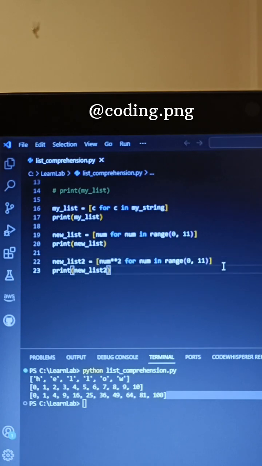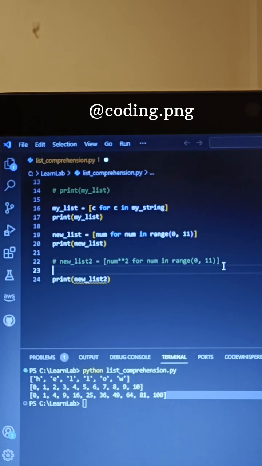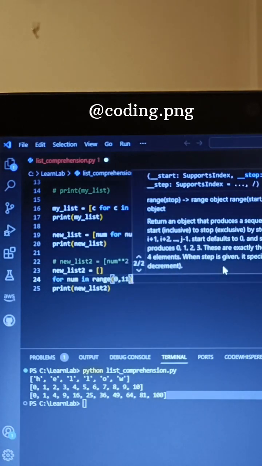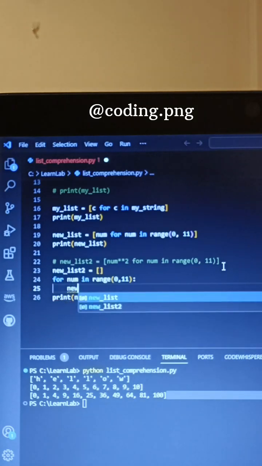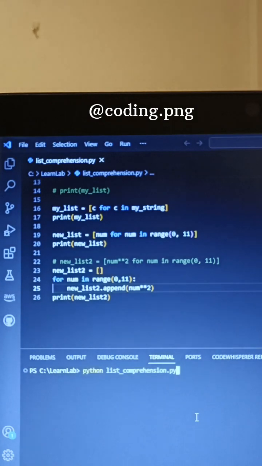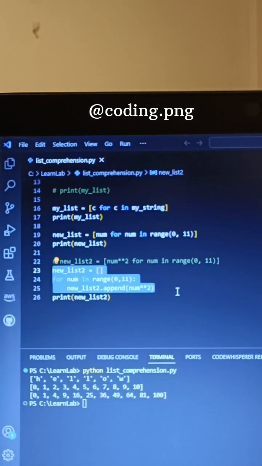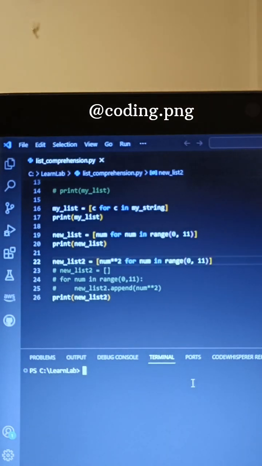If I comment this out, then generally to find the square, we would define that new list first, then a for loop, for each number in range 0 to 11, then new list 2 dot append, and you pass the value you want to append, the square of num. This is how we generally used to do it, but in list comprehension we can do these 3 lines of code in just 1 line only. So this is what list comprehension we used in